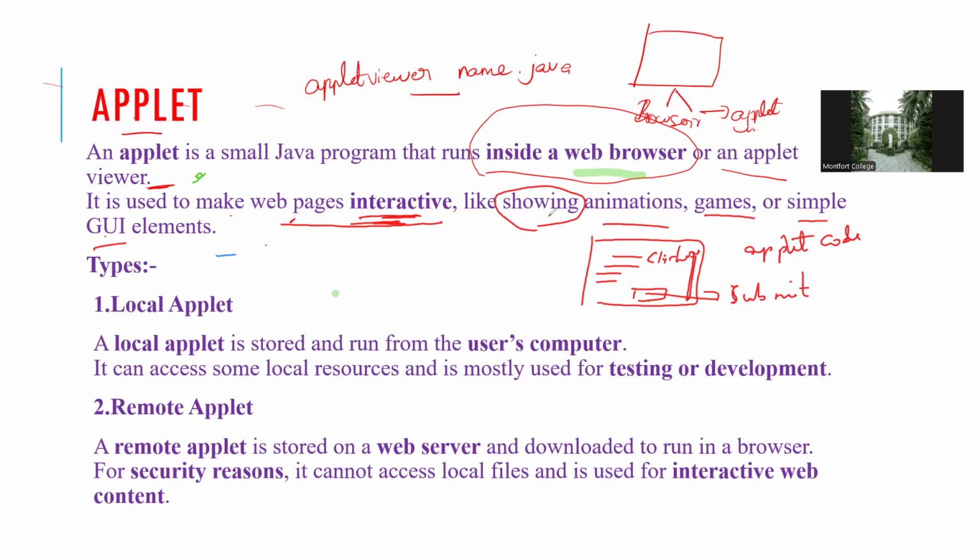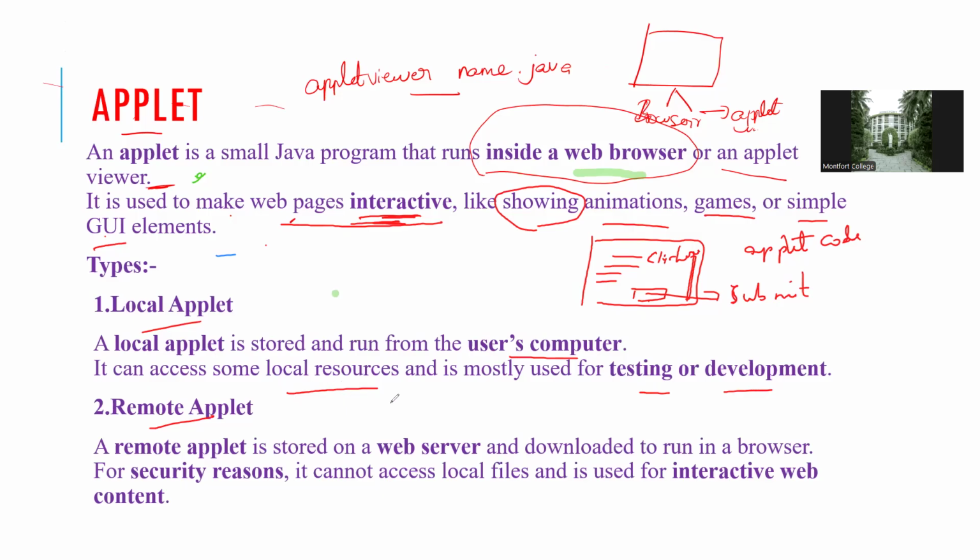Now we have two types of applets. One is local applet, the other one is remote applet. What is local applet? The local applet is stored and run from the user computer. So in the lab, what we are doing now is local applet. It can access some local resources and is mostly used for testing or development. So local resources in the sense,